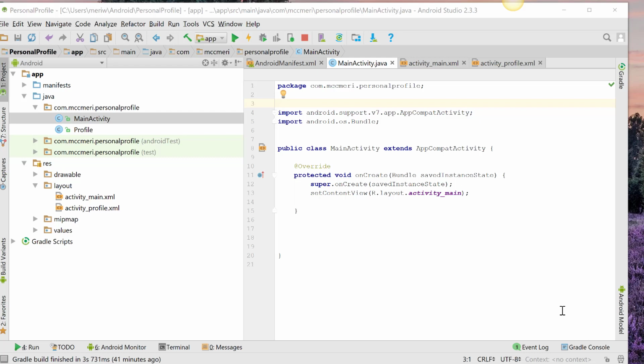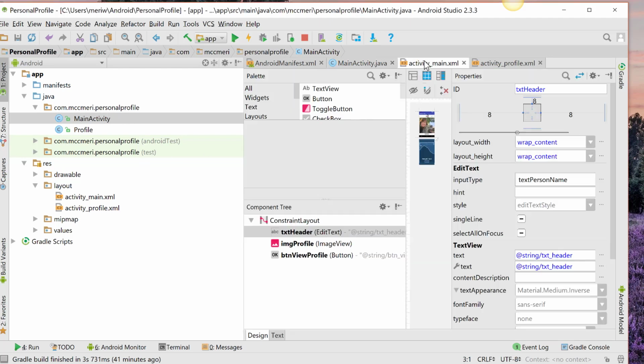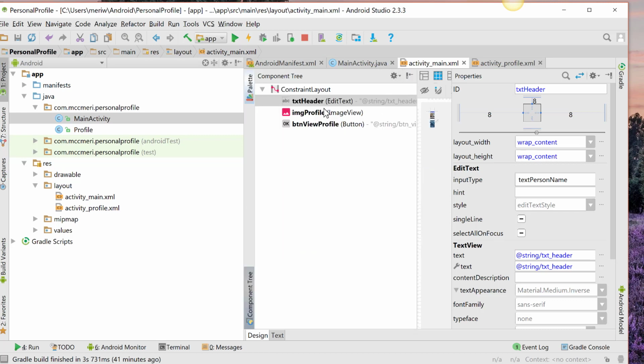We need to connect the two files, and we'll have to do that by adding Java code to the main activity Java file inside the Java folder inside your top folder. But before you do that, make sure that you've gone to the activity main section, and that for each